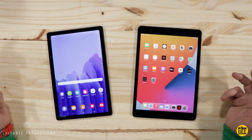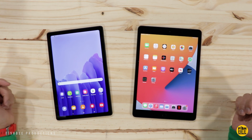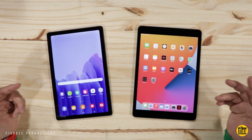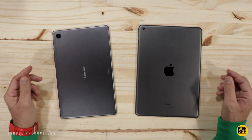In today's video, we're going to compare the new Galaxy Tab A7 versus the new iPad 8 or 8th generation 10.2. I'm going to compare just about every category to see which is the better tablet, to hopefully give you some things to think about when buying either of these for yourself, or maybe you're going to buy one for